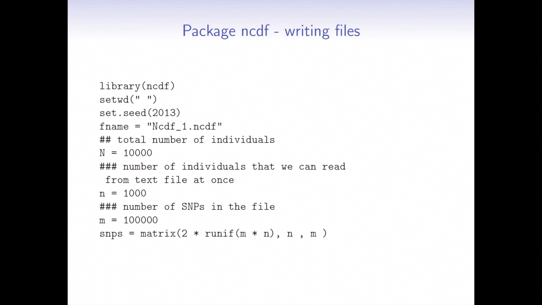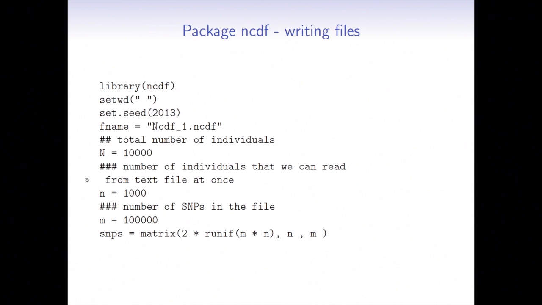So starting with the ncdf package, first, given a MACH file, we want to write it as another object, as a matrix binary object. So of course you first need to load your library. And here I will use the simulated data. So I assume that I have a MACH file for 10,000 individuals and 100,000 SNPs. So that builds one chunk of the genome. And although it's only a chunk, for 100,000 SNPs, I'm still not able to read such a text file at once in my memory.